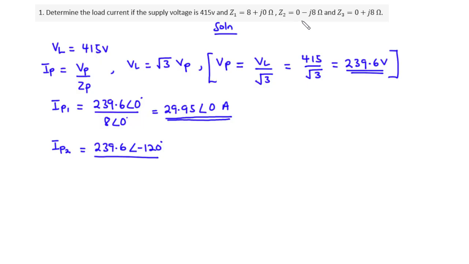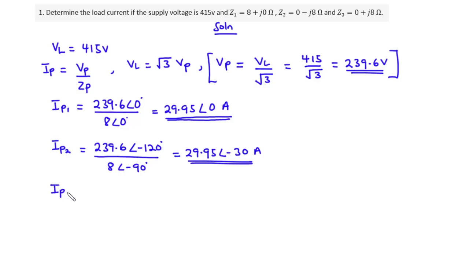So we have Z2 to be 0 minus J8 ohms, converting this to the polar form, that is equal to 8 polar negative 90 degrees. 239.6 divided by 8 gives 29.95, and then negative 120 minus negative 90 is the same as negative 120 plus 90, and that is equal to negative 30. So this is the value of current in the second phase, and then we move on to the third phase,